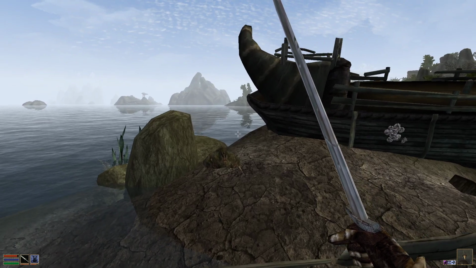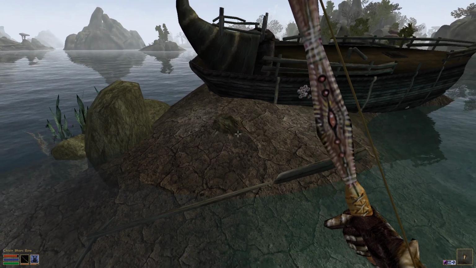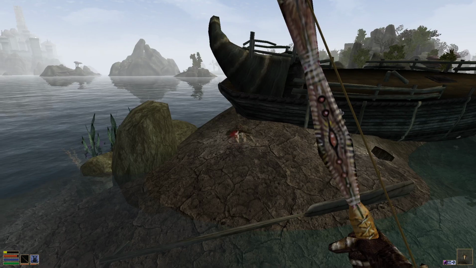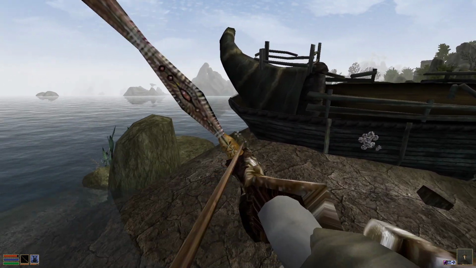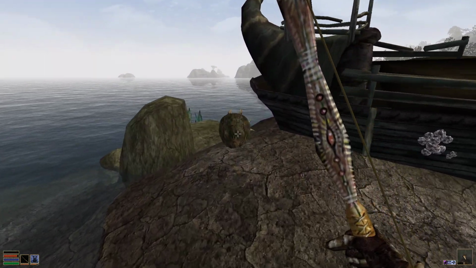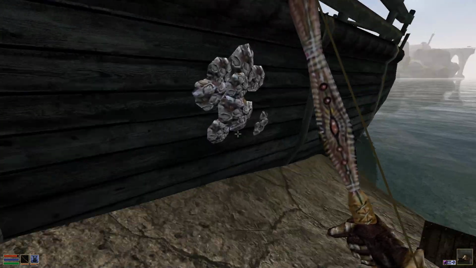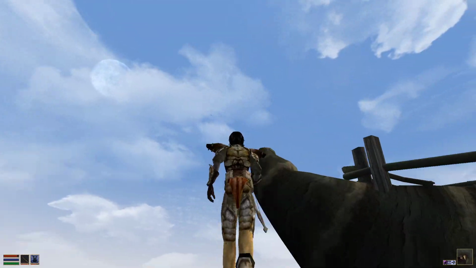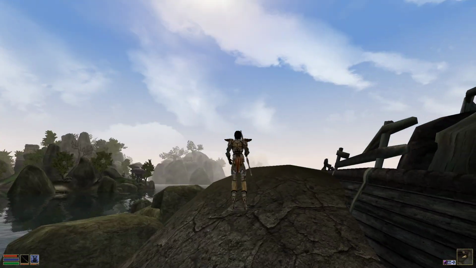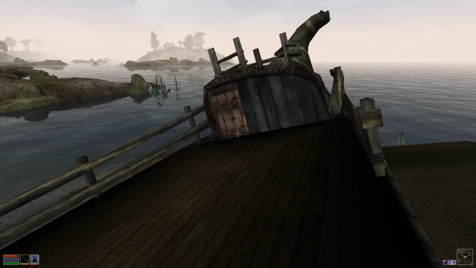Let's check out this shipwreck. Maybe I can sneak while in the air? No. Very hard to aim while in that view. Shooting at stuff from the air. Levitation. Morrowind's levitation is so silly, but so awesome. I mean, this is honestly a really silly way to move around in the world. But I guess they didn't have a flying animation, so...